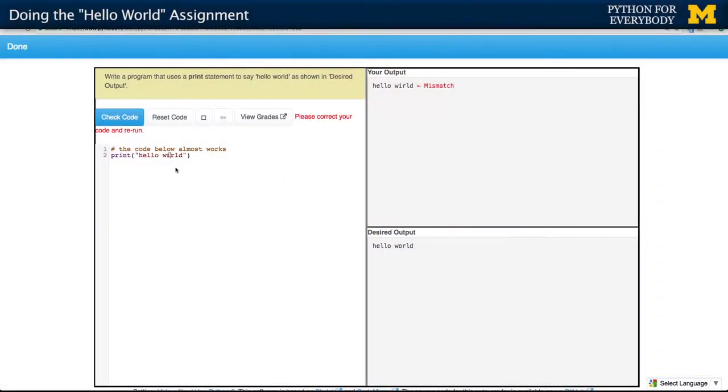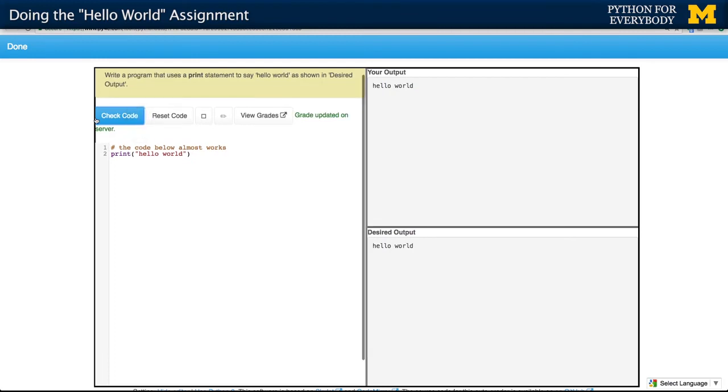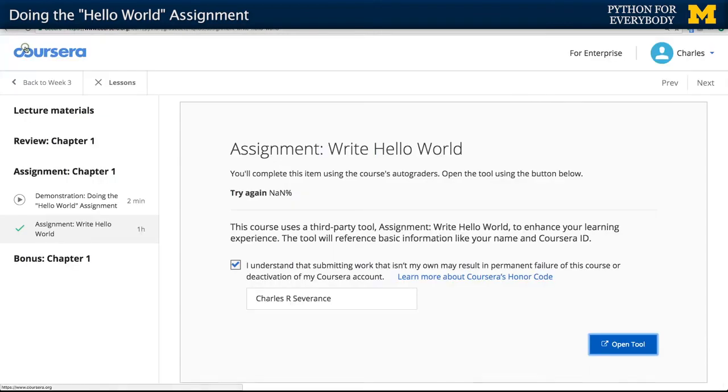That's basically the idea. Let me finish this and get it back correct again, so I print out the right output. So it runs it. You can have a syntax error, which I showed you. You can have an output error, but if the syntax is right and the output is right and you pass all the static checks, then it sends the grade back to Coursera and your grade is updated on Coursera. And then you just click the Done button when you're all done and you're back in